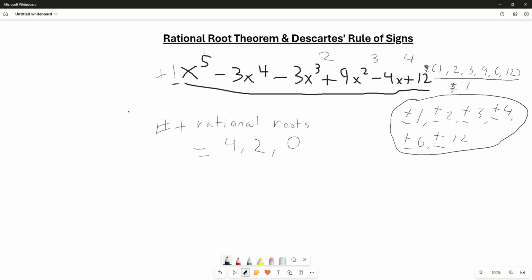The number of negative roots, according to this theorem, so the number of negative rational roots, is equal to the number of sign changes if you were to plug in -1 for x. So if we plug in -1 for x, since this is an odd degree here,